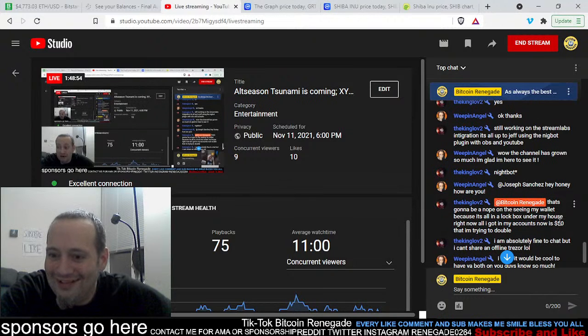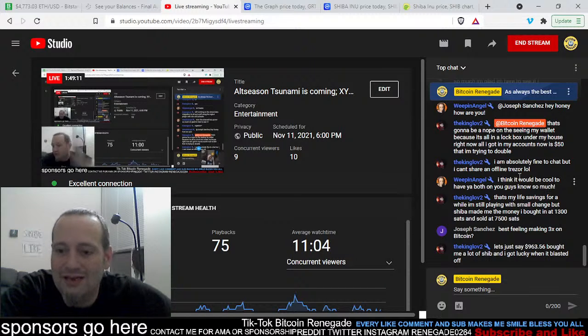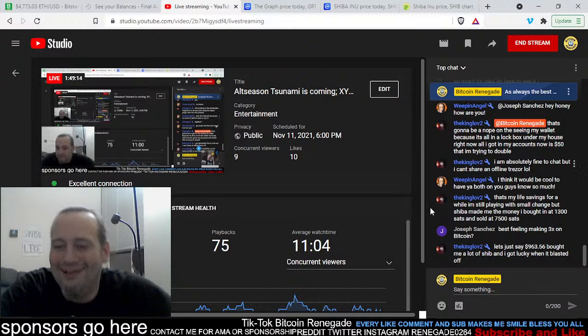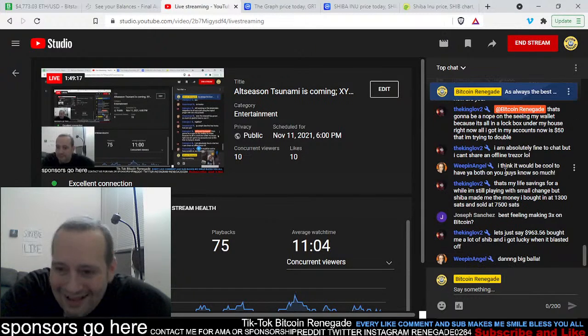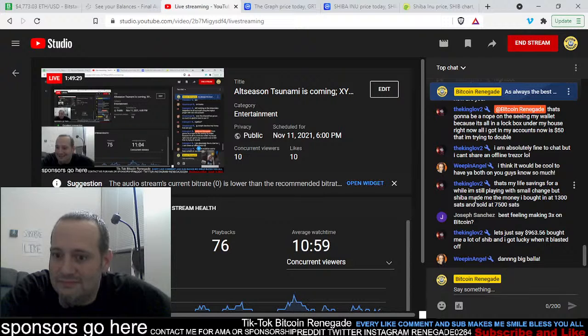Seeing your wallet. Lockbox under my house. Can't share an offline treasure. Oh, dang it. That would be cool to just see your wallet on chain, though. Can you get... I mean, yeah, I don't know. That sucks. That would have been cool to see your wallet. I don't think I would trust to share it either, though. Like, honestly, I don't know. Maybe I would. Okay,